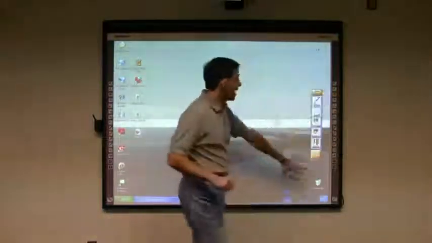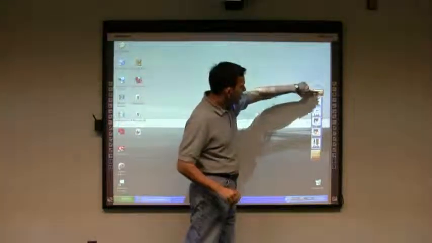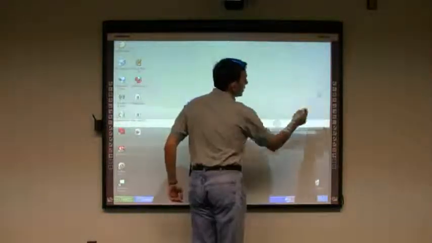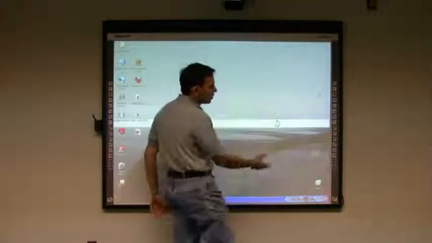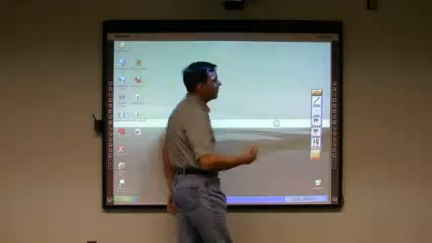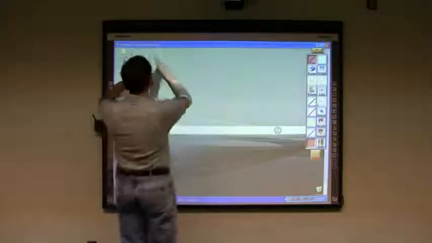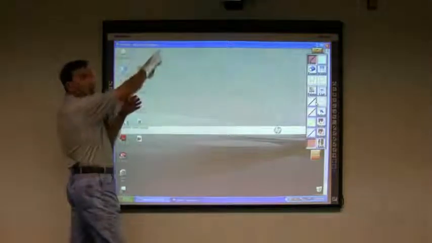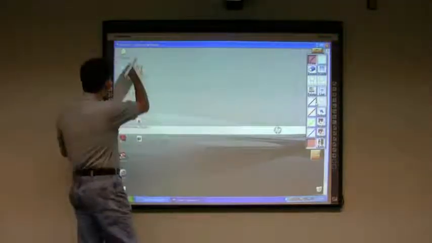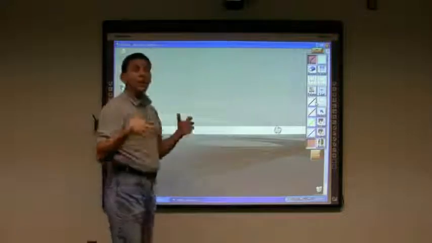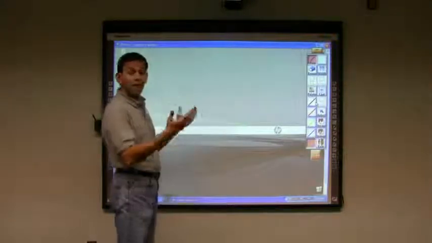Over here on the side, I have my control menu. This little button, when I click on that, minimizes it, so it's small and out of the way, so it's not as cumbersome. Click on it again, it brings it back up. While I'm in pen mode, you'll notice I have untitled Starboard software, and the screen actually has a line around it. What I've done is take a screen capture of my desktop,